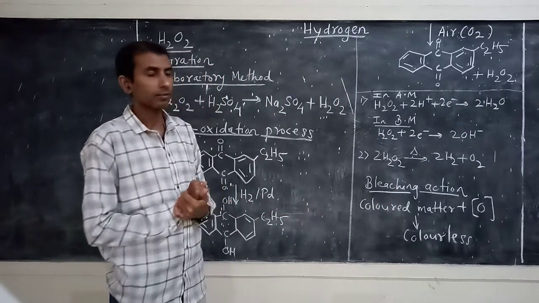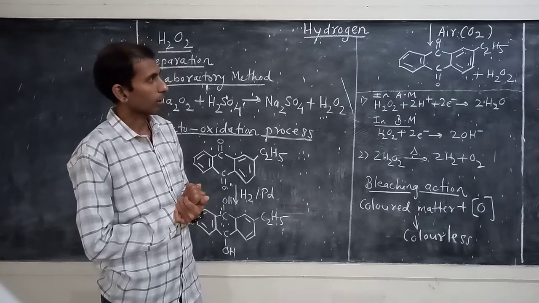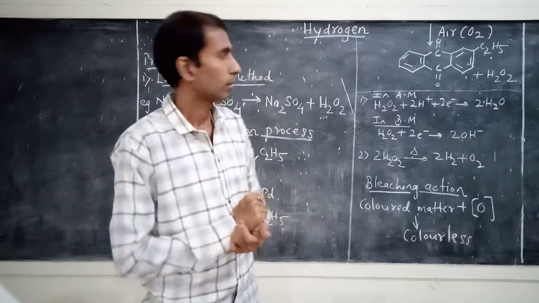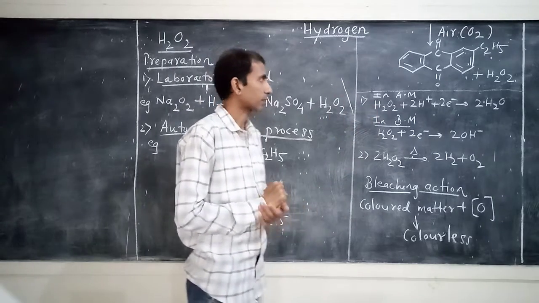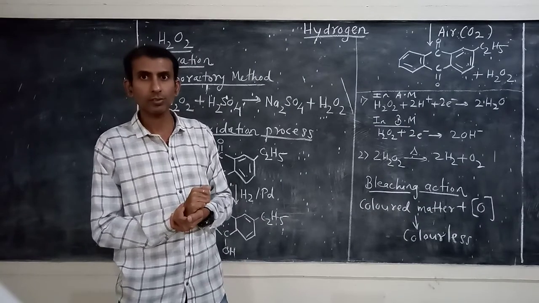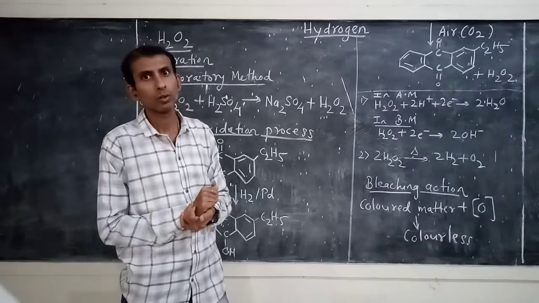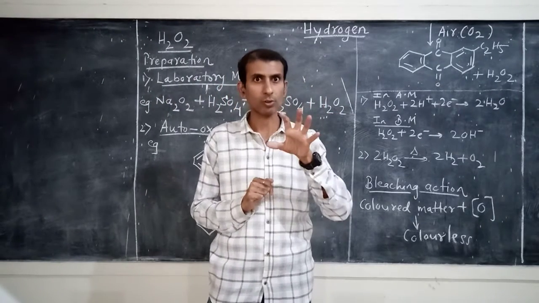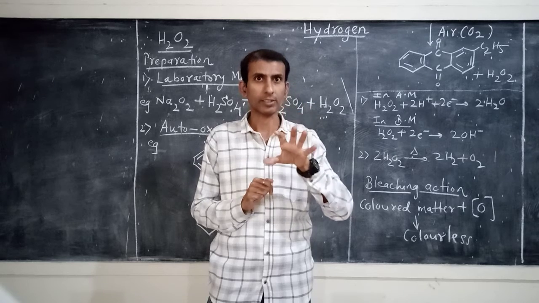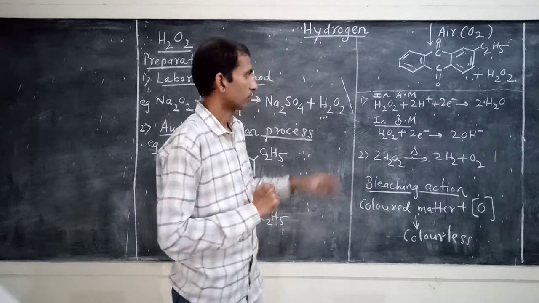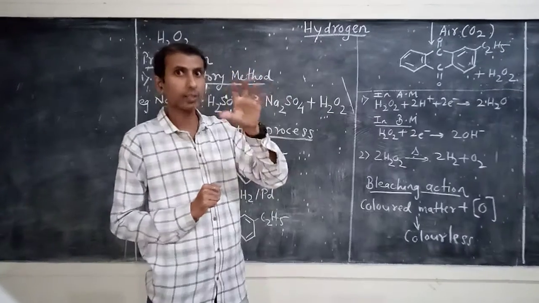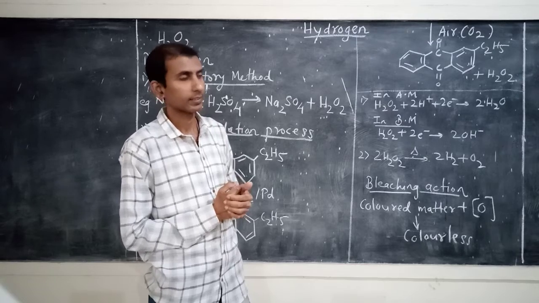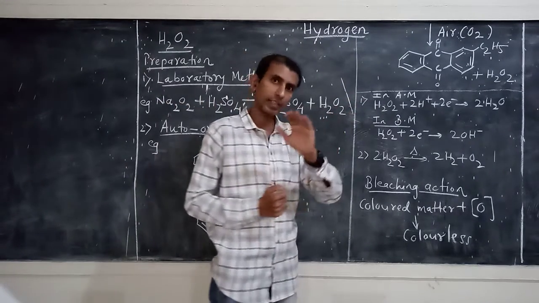Okay, so here how we can understand that H2O2 is acting as an oxidizing agent, because in both these reactions, as you can see, electrons are accepted by H2O2. So electrons are accepted by H2O2 means the reaction is called reduction reaction. But the compound which is accepting the 2 electrons will be called as oxidizing agent. That's why H2O2 is called oxidizing agent.